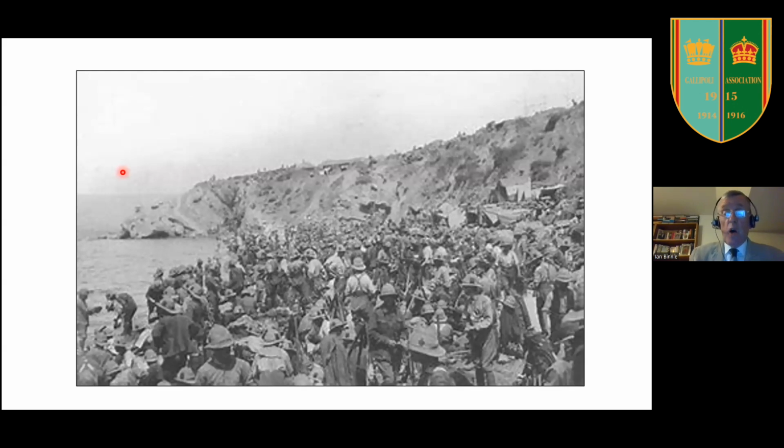But again, opportunities lost. They caught the Turks by surprise. Opportunities lost as they didn't press on quickly enough inland, and the Turks quickly took the high ground overlooking Suvla Bay, and a familiar story with the Allied troops having to attack